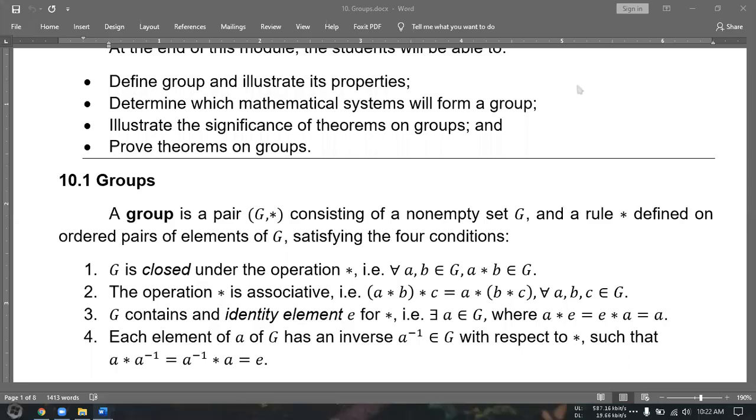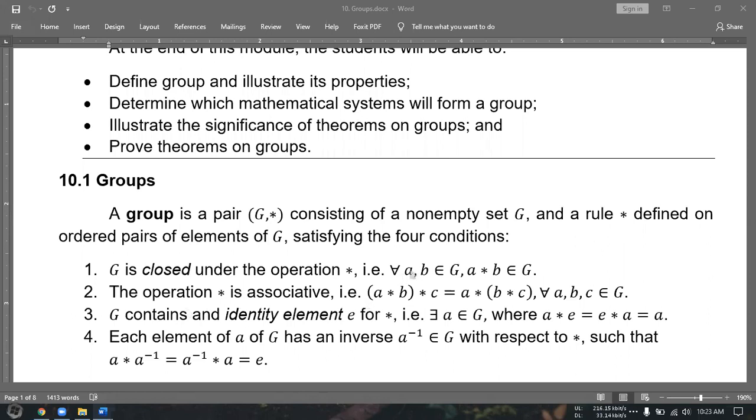So let me repeat. A group is a pair of any set, let's say G, and any binary operation star, consisting of a non-empty set G and a rule star defined on ordered pairs of elements of G, satisfying the four conditions. Okay? So the pair of G and star is considered a group if they are closed, meaning when we operate